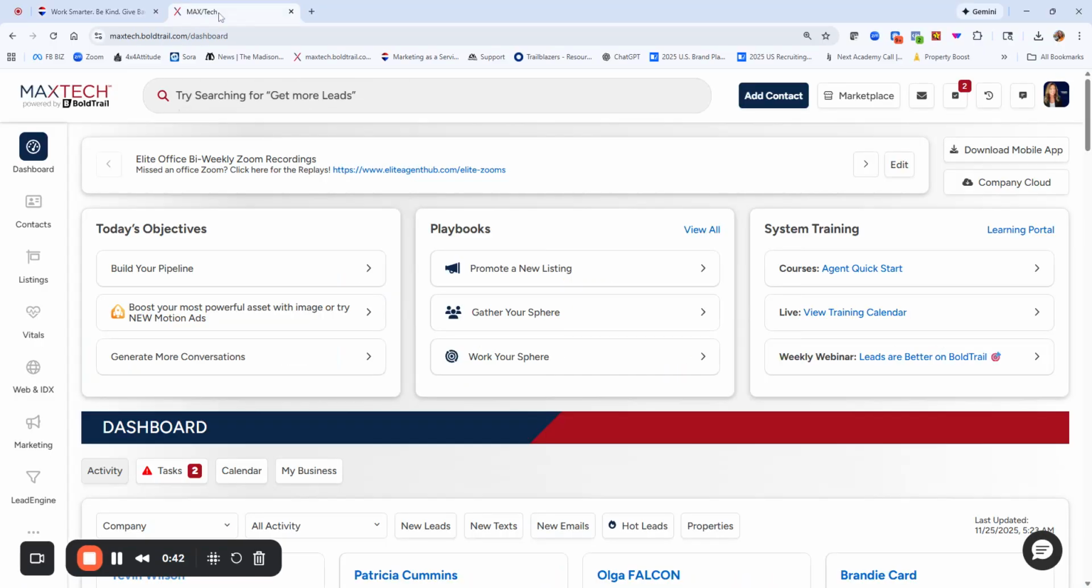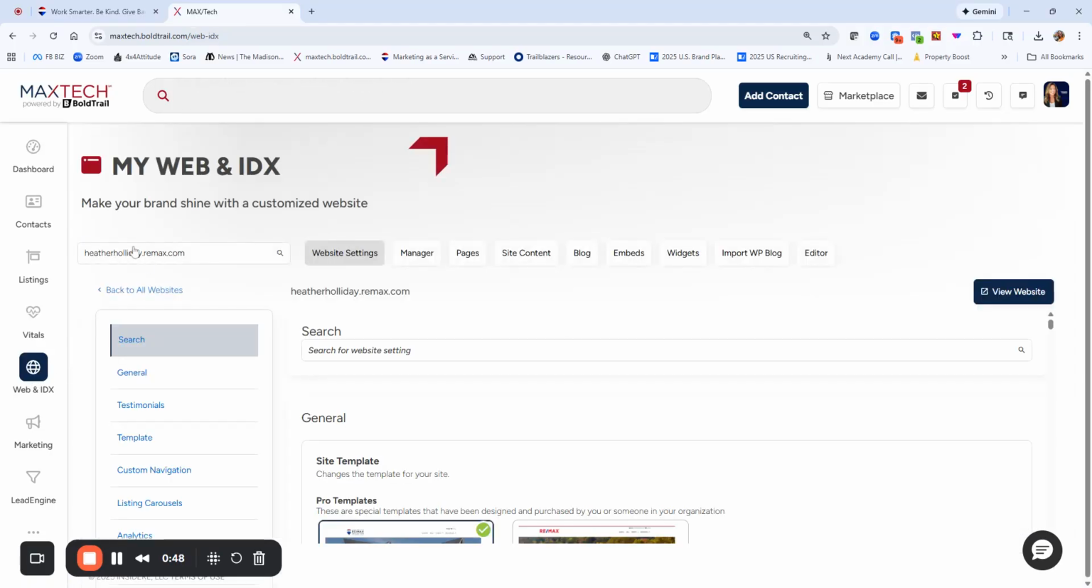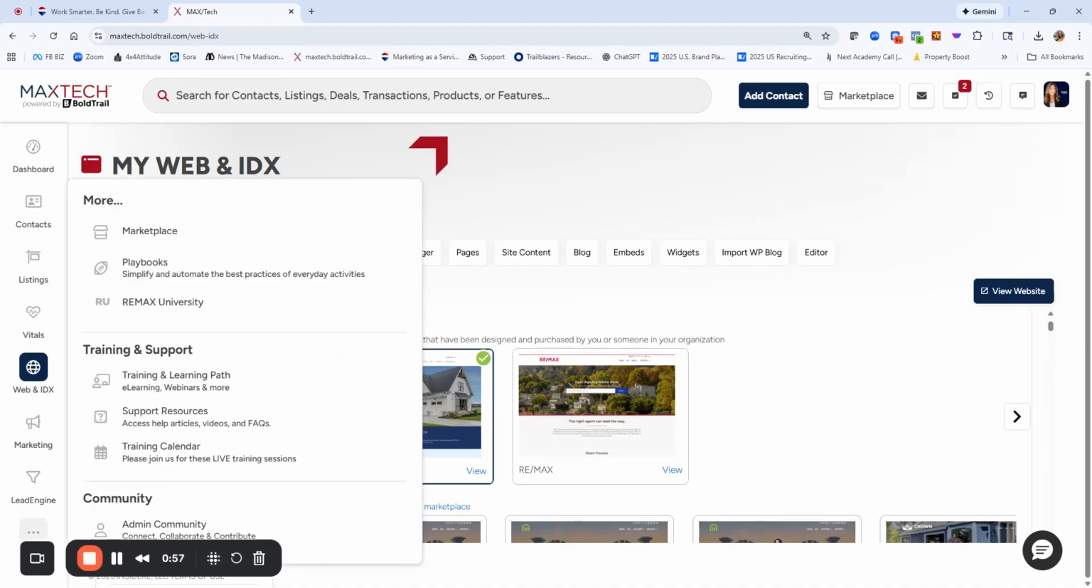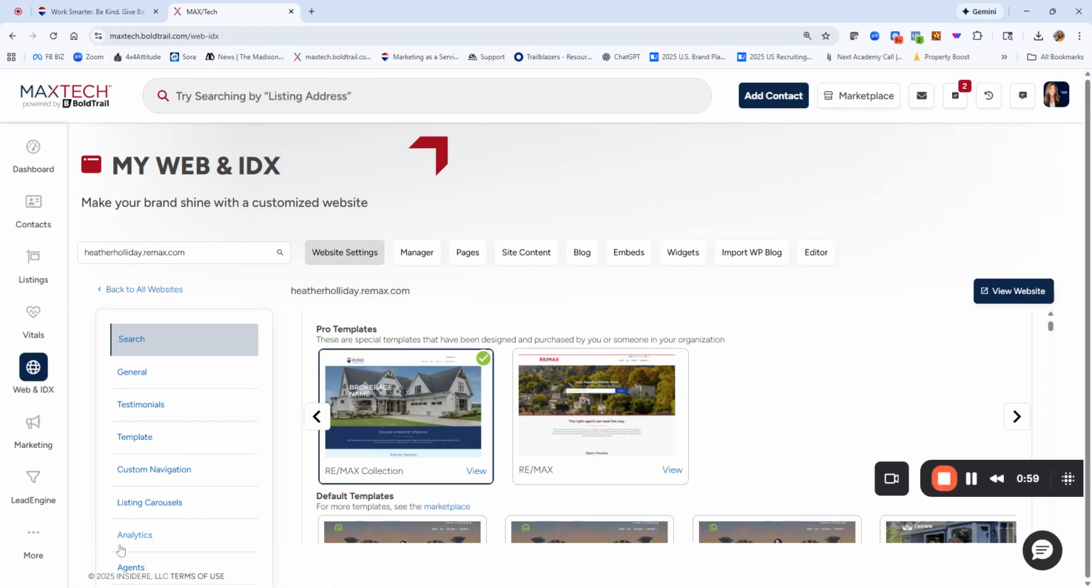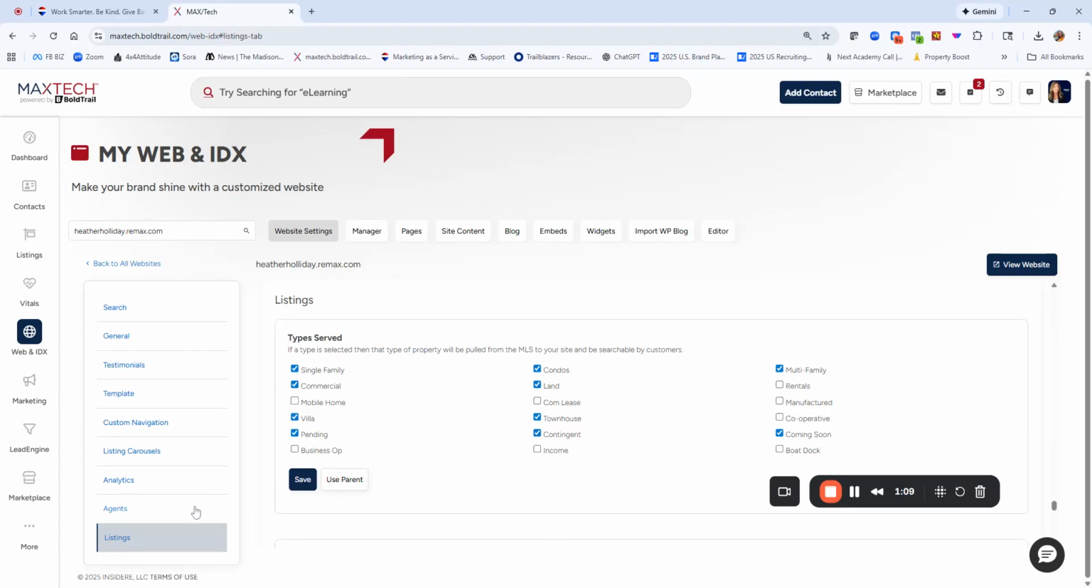So what we're going to do is come over into our BoldTrail. We're going to go to the web and IDX. Make sure you're on the correct scope if you're a team leader or admin. And we are going to go down. Let me move this little button here. And we're going to go down to the listings, which usually I can see there, but I'm not right there. There we go. If I just come down to listings, or you can scroll all the way down,